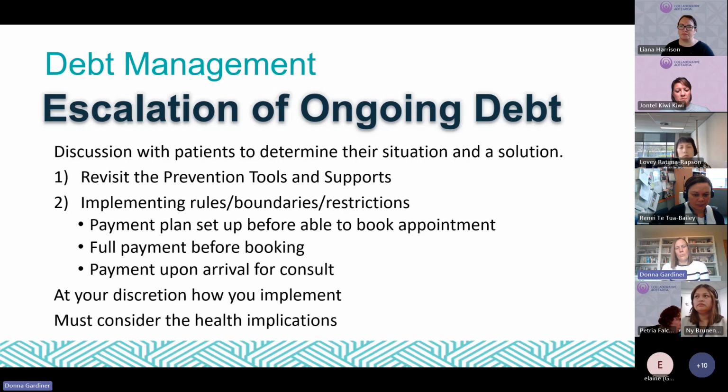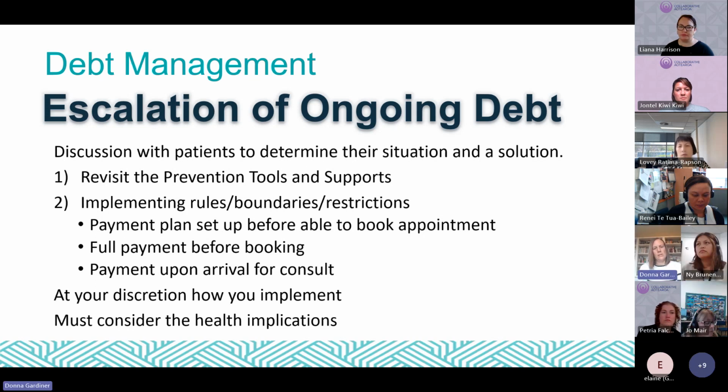There's obviously a heap more options that you can have there, and all of that has to be at the discretion of the practice, what they feel comfortable with for their patients. And this whole section really has to be at the discretion of the person making those phone calls, because every patient situation is going to be different, so every solution really needs to be different.